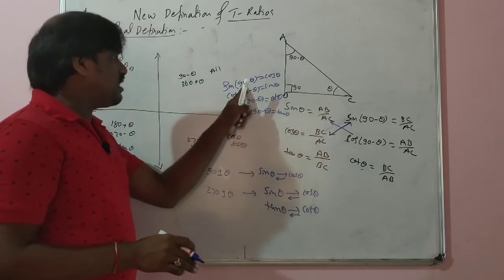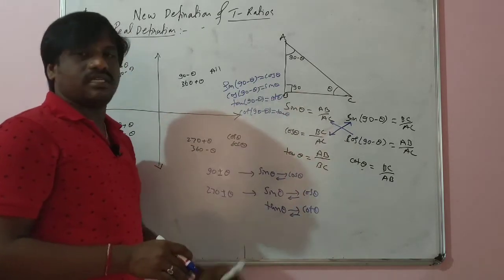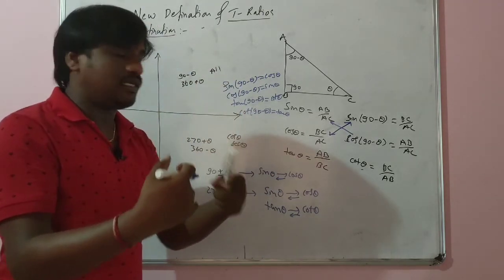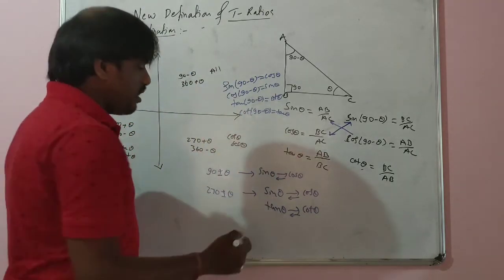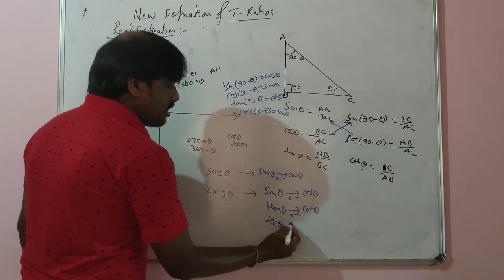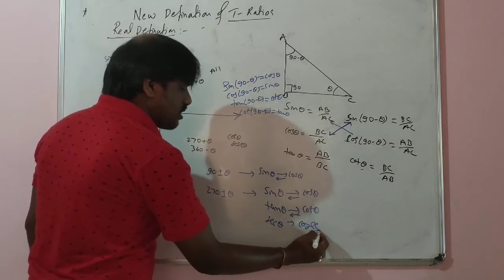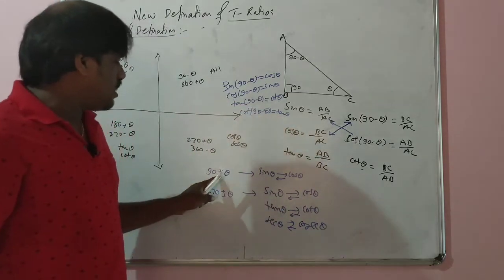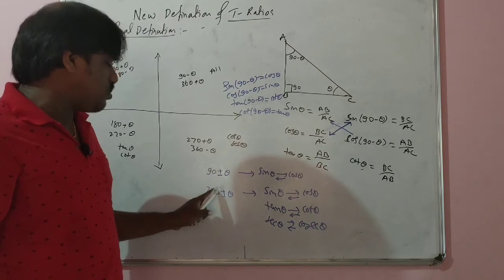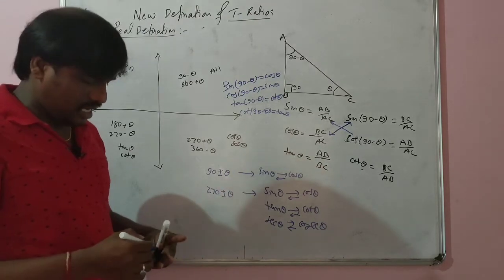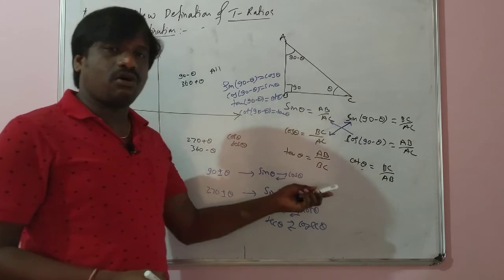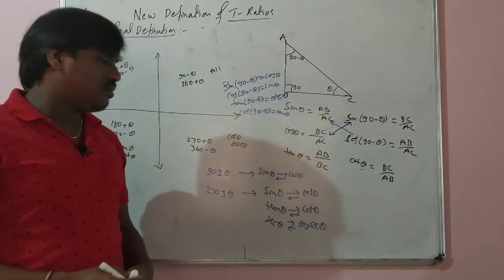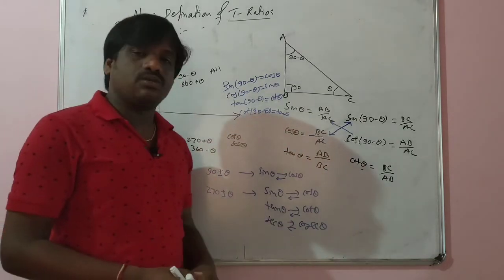If I say sin 90 minus theta is cos theta, cos 90 minus theta is sin theta, tan 90 minus theta is cot theta, cot 90 minus theta is tan theta. So this is going to be changed, okay. And sec 90 minus theta will be cosec theta, cosec 90 minus theta will be sec theta. So what I want to say here: 90 plus theta, 90 minus theta, 270 plus theta, 270 minus theta, the sine will change into cos, cos will change into sine. Tan will change into cot, cot will change into tan, and sec will be changed into cosec, cosec will be